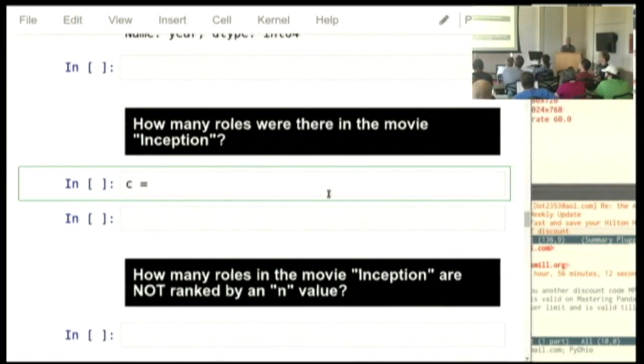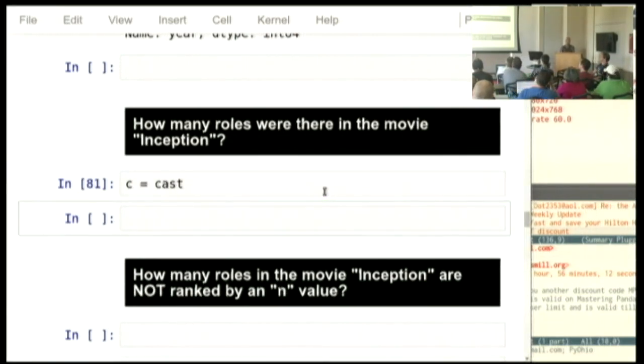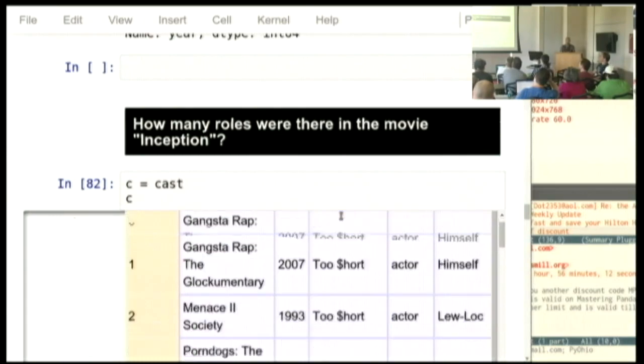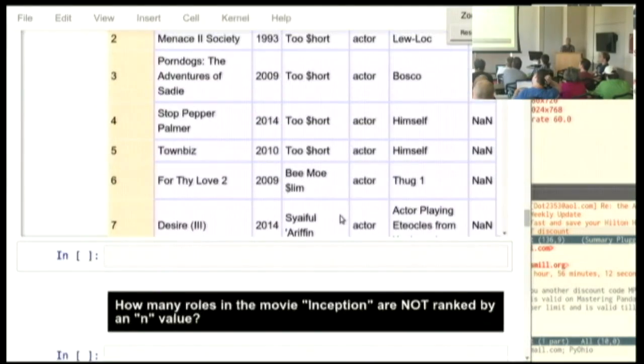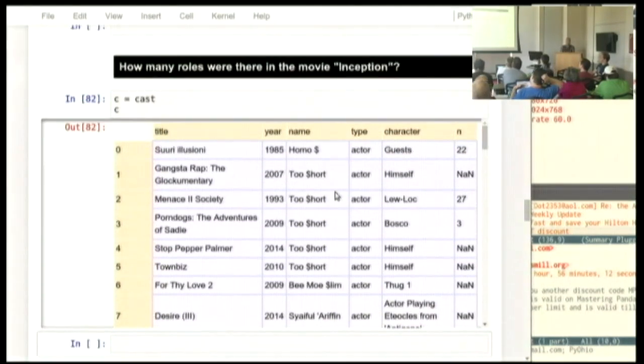And then I'll finish this series up by looking at this cast data frame that we haven't looked at yet. It has a lot more information in it, so for a moment I'm going to go to a smaller font size, just so it fits here. It has title and year, so each movie can appear 10, 20, 30 times in here, once for every person who plays a named character.